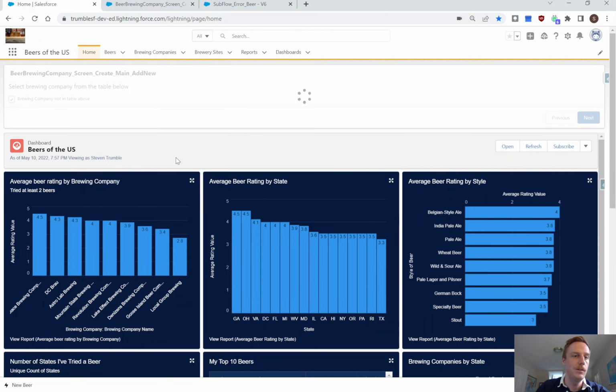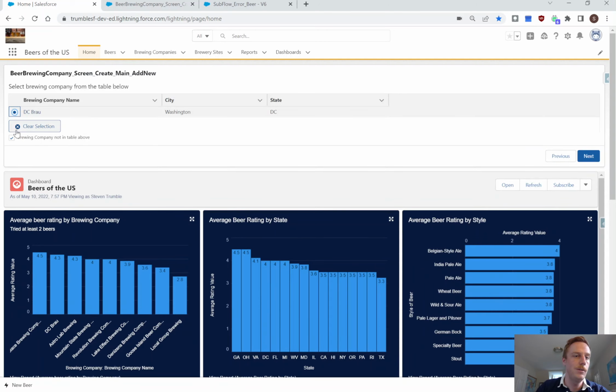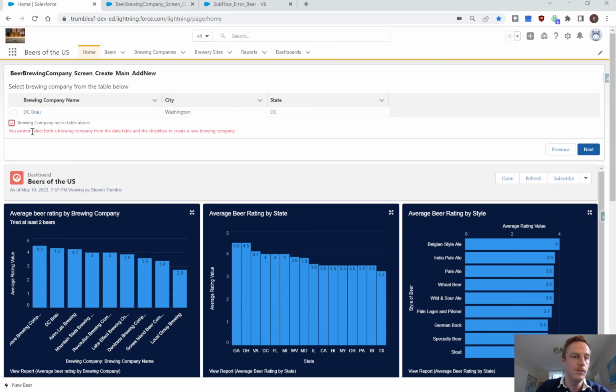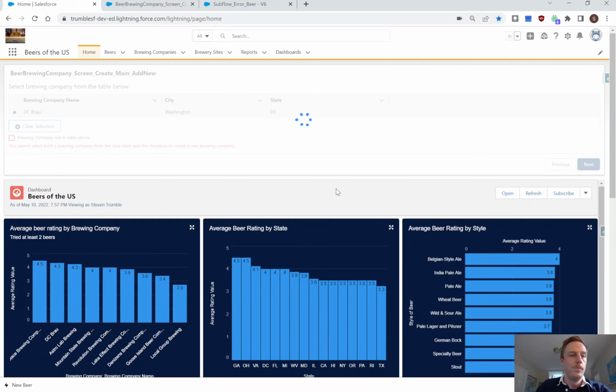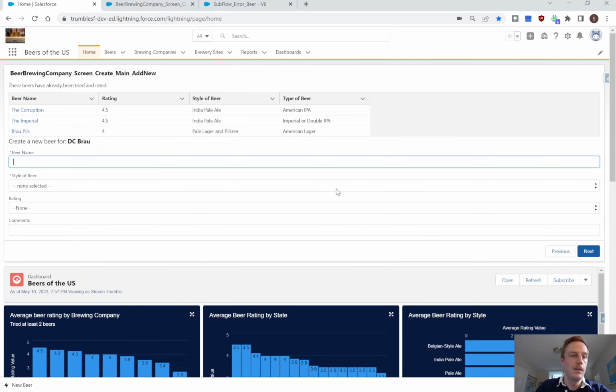But if we do say, oh no, actually DC is the right one, I'll keep them both selected. I've got a little validation rule here that you can't select both. So just select DC. And then this will display all the beers which I've already added to DC Brow. For example, if I try and create Brow Pils again,